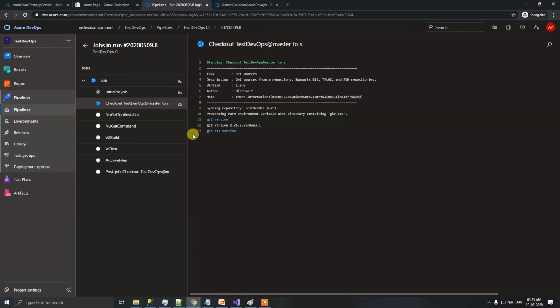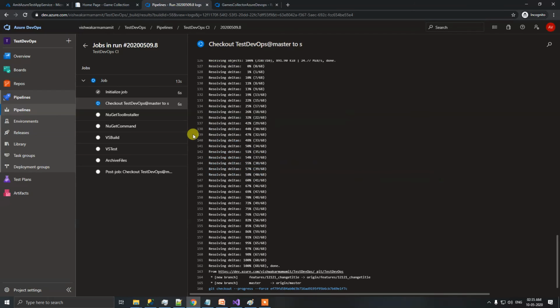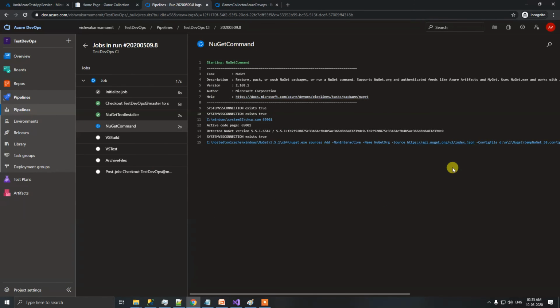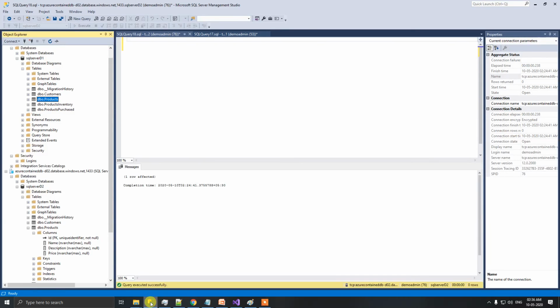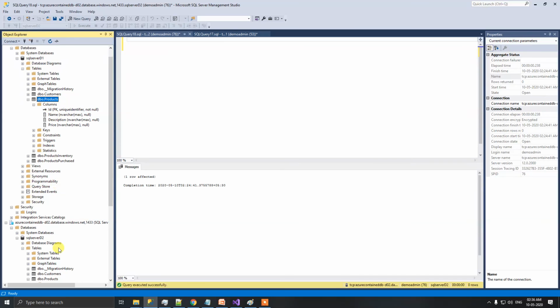There might be, but this is the way I think the changes can be done in this fashion. So let's just wait for this to complete. And once this is done, I'll show the changes in both the databases,